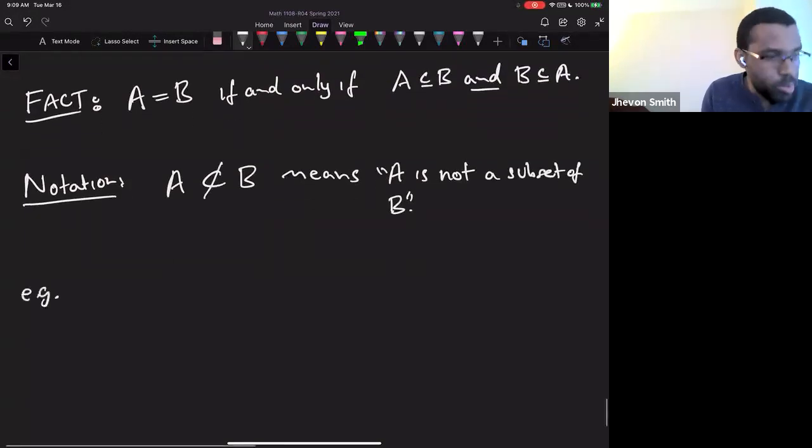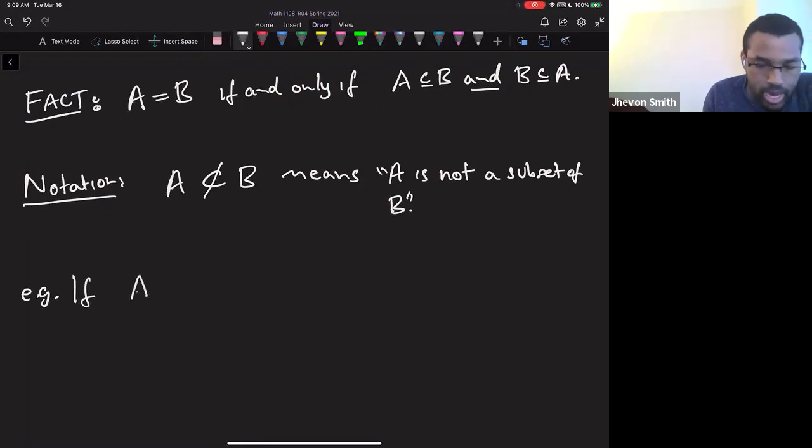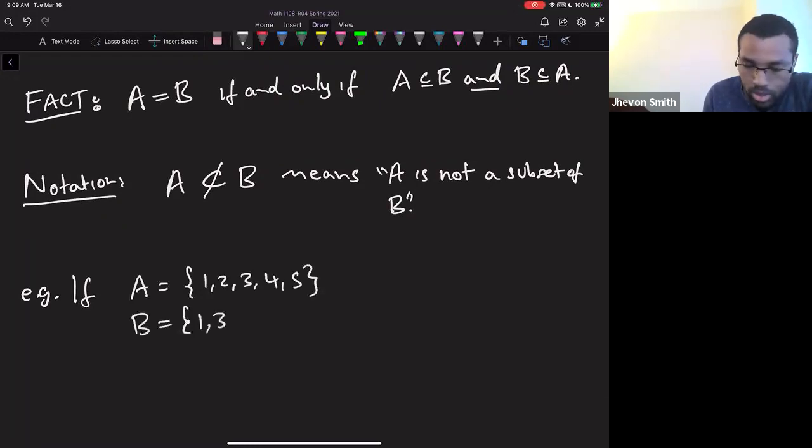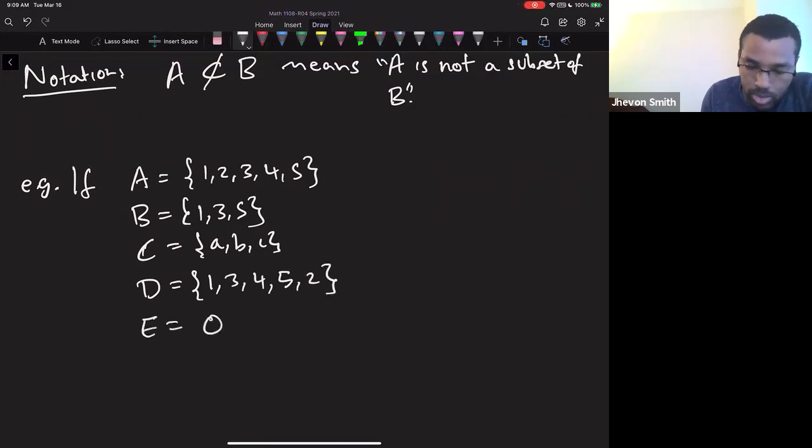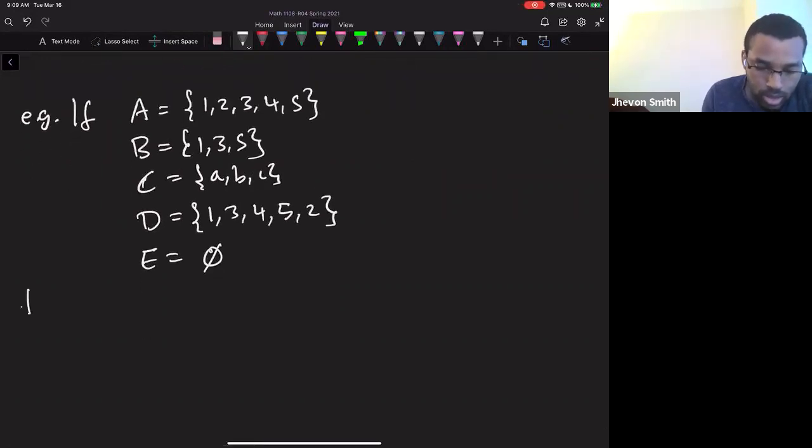Okay, let's do some examples. If A equals, say, {1, 2, 3, 4, 5}, B equals {1, 3, 5}, C equals {A, B, C}, big C equals {A, B, C}, D equals {1, 3, 4, 5, 2}, and E equals the empty set, then